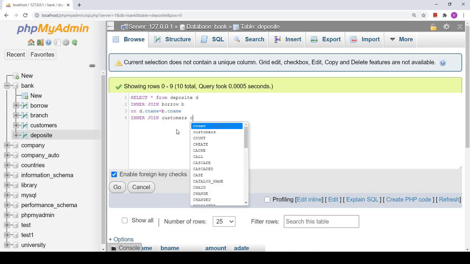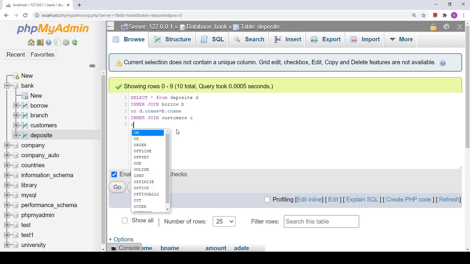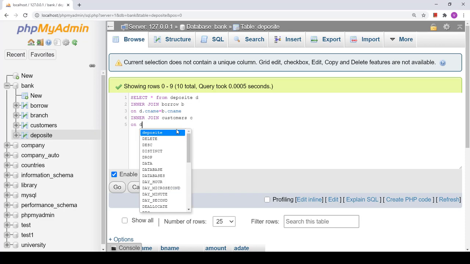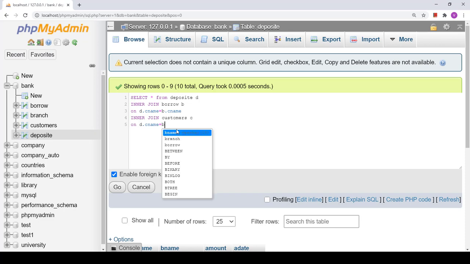Customers table, customers C, joined on D dot C name, the deposit table's C name, equals C dot C name. Fine. So this one is going to join all three tables. Now we have to apply the condition.